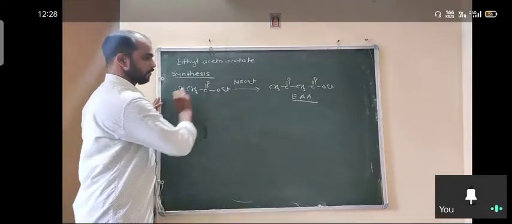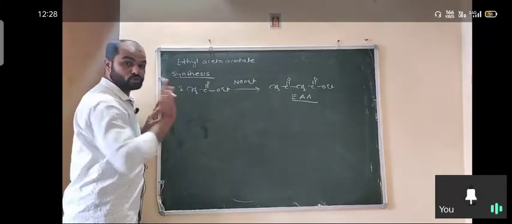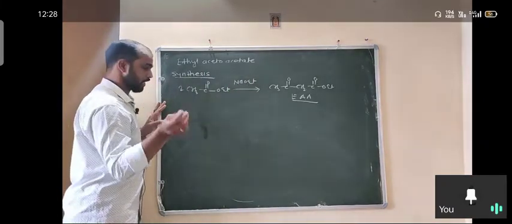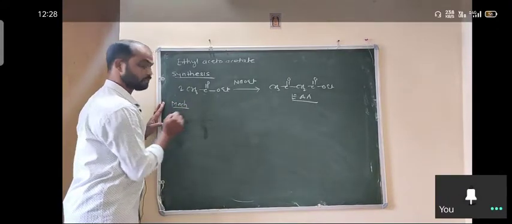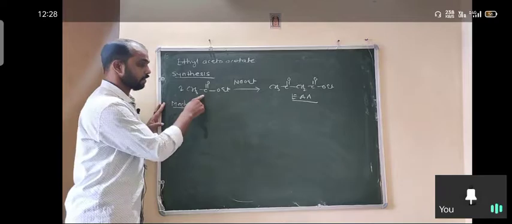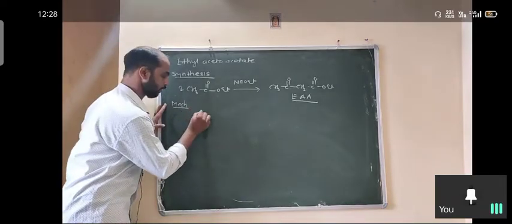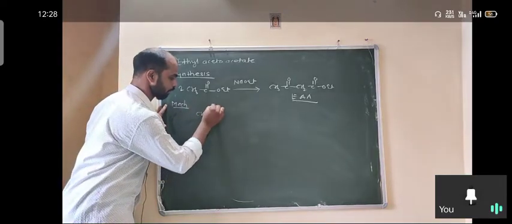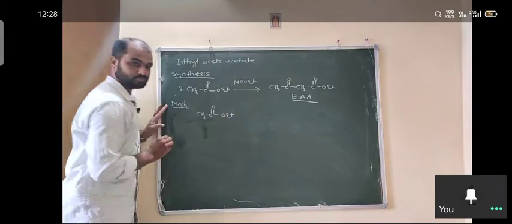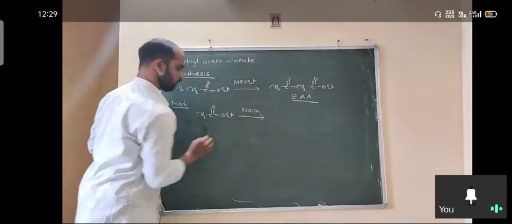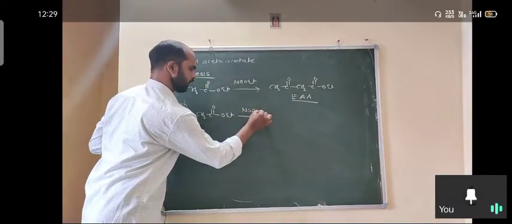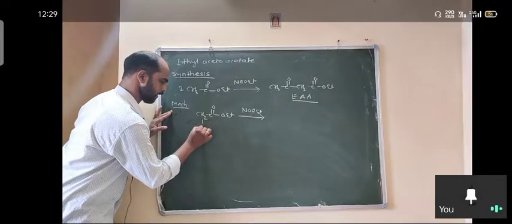Okay, so what is the mechanism? You already know the mechanism of this Claisen condensation reaction. In the mechanism, what is the first step? The first step is carbanion formation. We have two molecules. We take one molecule here, CH3 C double bond OEt. This reacts with the base, NaOEt, sorry, NaOEt or NaOH. So what is the role of the base? The base is used here